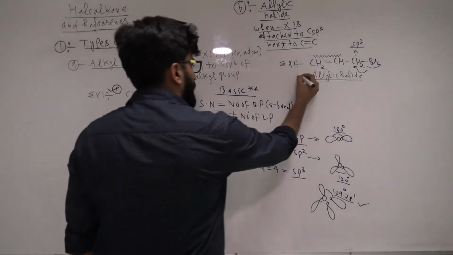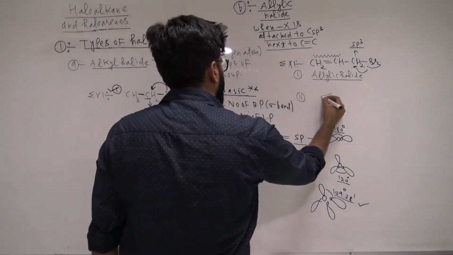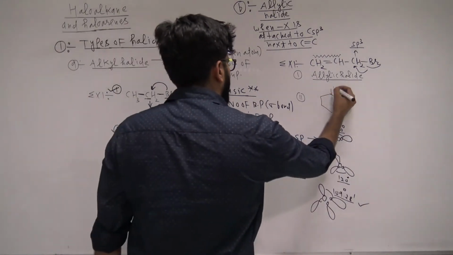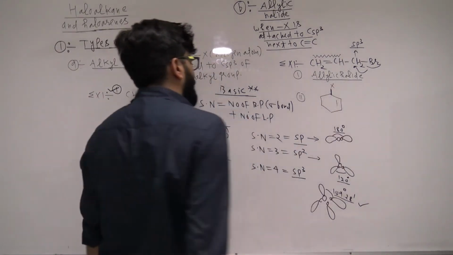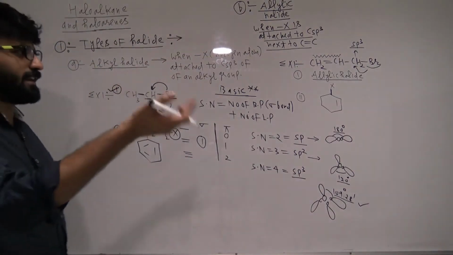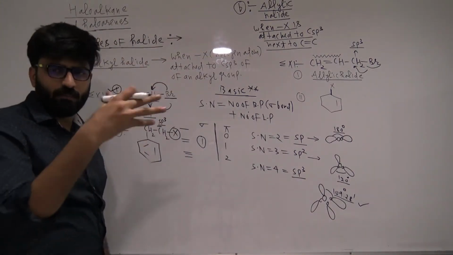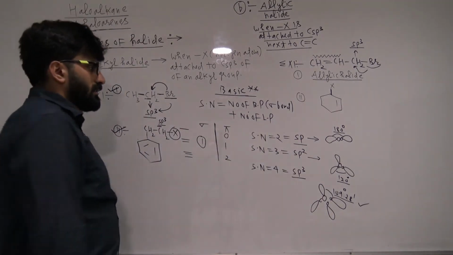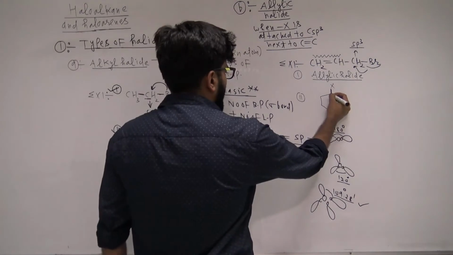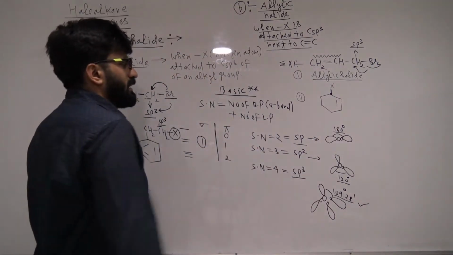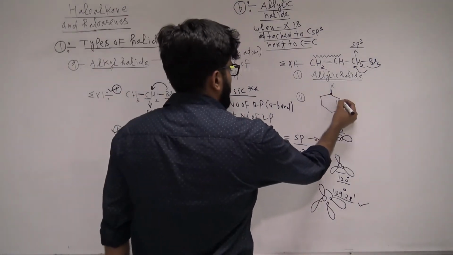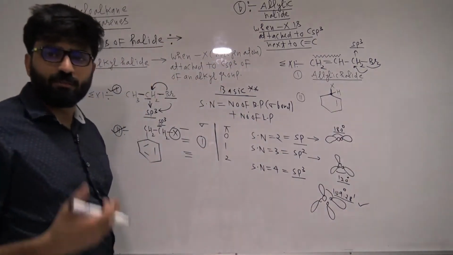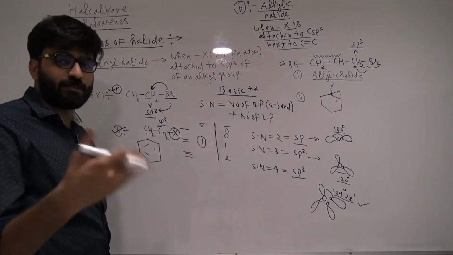Okay. Let's discuss one more question. I hope now this doubt is clear to you. Suppose this question. We have X, and they are asking you what kind of halide it is. Generally they don't ask a direct question, but yes, they can ask in between. So don't panic. To this carbon, this halogen is attached, right? I hope everyone can see this carbon is forming 3 bonds right now: 1, 2, 3. But one bond it will form with hydrogen. That is obvious, so we don't express it.